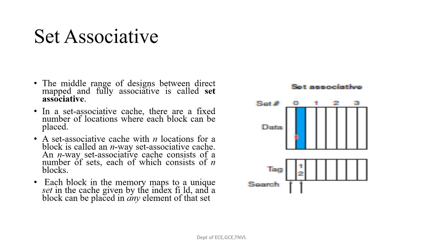If you can see here, we have two places for set 0, two places for set 1, two places for set 2, and two places for set 3. If you want to search for data, the data may be in any one of the locations in a particular set. It can't be anywhere else other than set 0, because if it is mapped to set 0, then the data will be in one of the locations under set 0. In other locations, we need not search. In fully associative, we need to search all the cache addresses, but here we need not search like that. We can search only the sets.